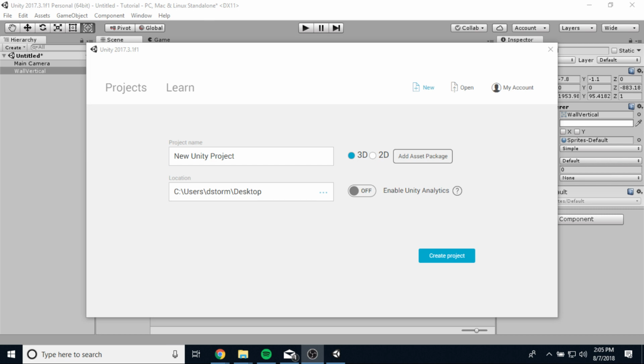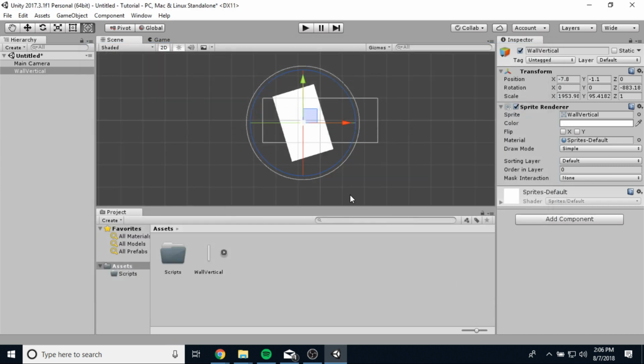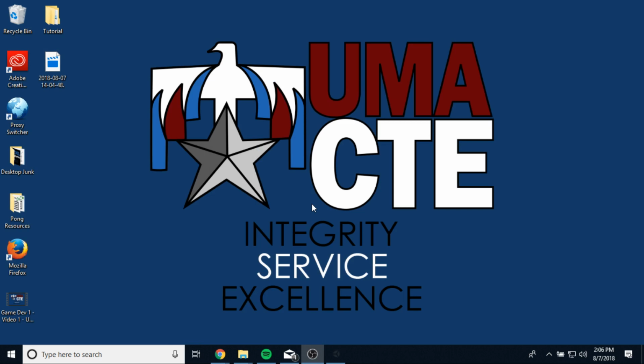It's probably going to take longer if I spend more time on this intro, so I'm just going to move on. So I'm creating a new project in Unity, and I want to name it Pong. I'm going to name mine Pong-tastic because I'm sure I have like 17 Pong projects here. I want to make sure that it's a 2D project, and I want to make sure it's going to the right place in my computer. I'm going to click Create Project. I'm not going to save that project from the last video. It's going to take some time to build